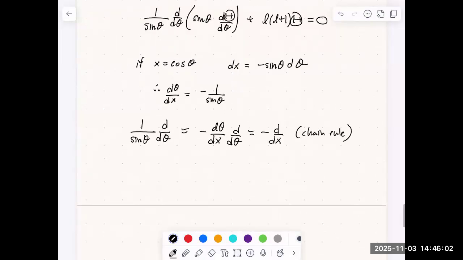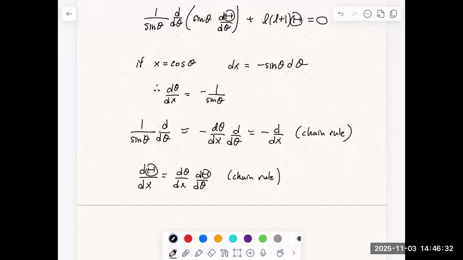Well, what about d theta by dx? What if I wanted to evaluate something like that? Well, that would be d theta by dx times d theta by d theta. This is the chain rule written in a more conventional way. But we already said d theta by dx is minus